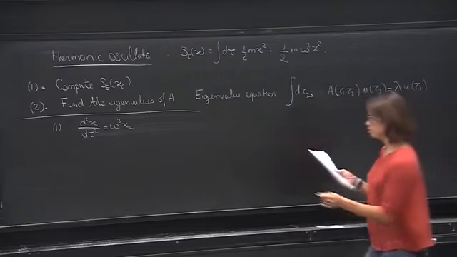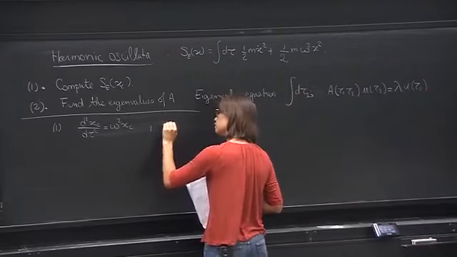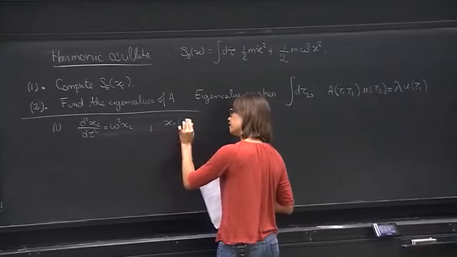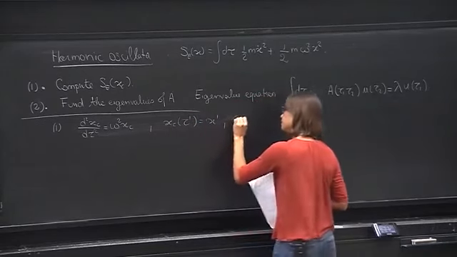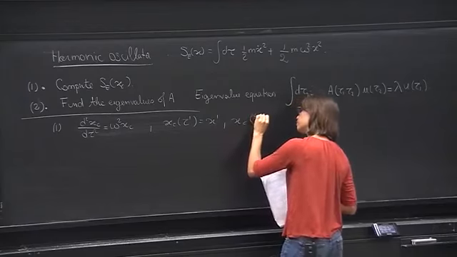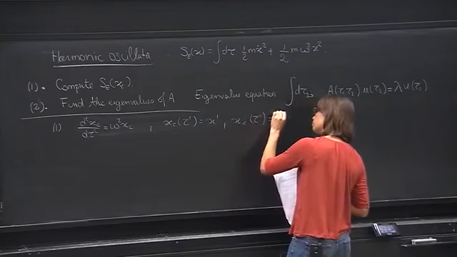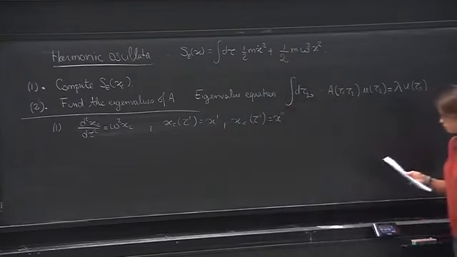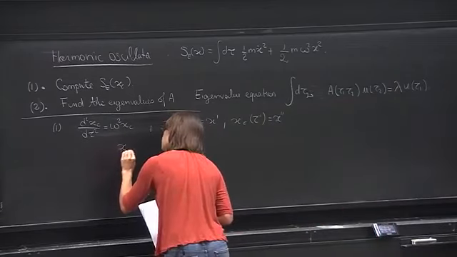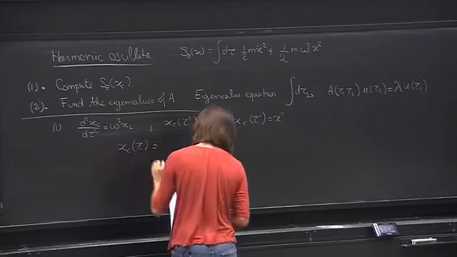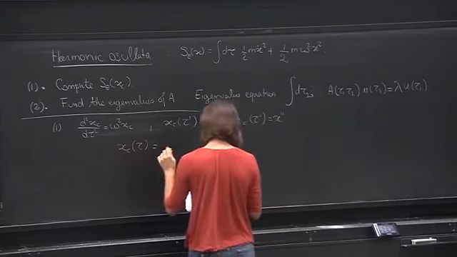And we have the boundary condition. So here we consider that xc of tau prime is x prime. And so I give you, this is quite straightforward. It's just a very simple